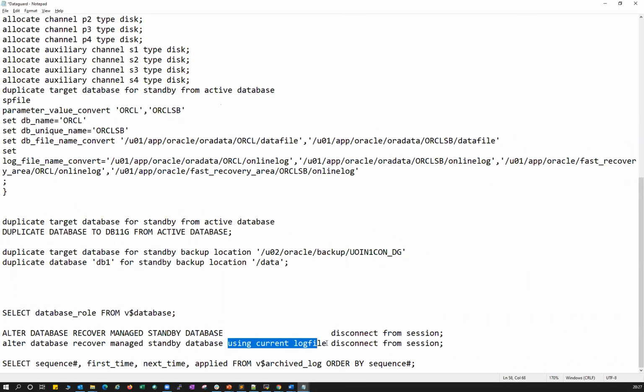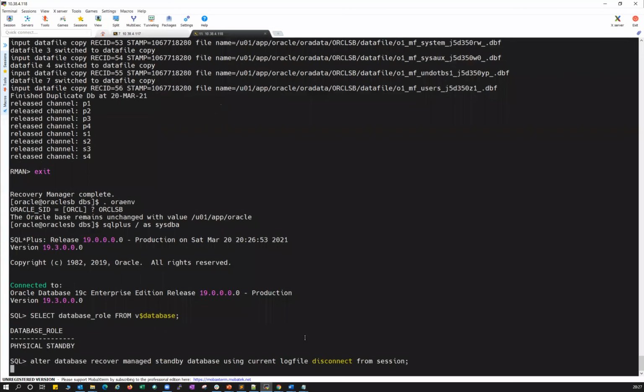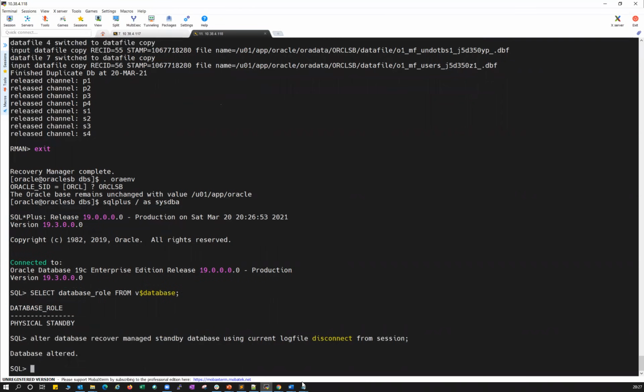Using current logfile and without giving that keyword. What is the difference, and what does it indicate? We'll start it now here, and I'll explain what using current logfile or without using current logfile means.